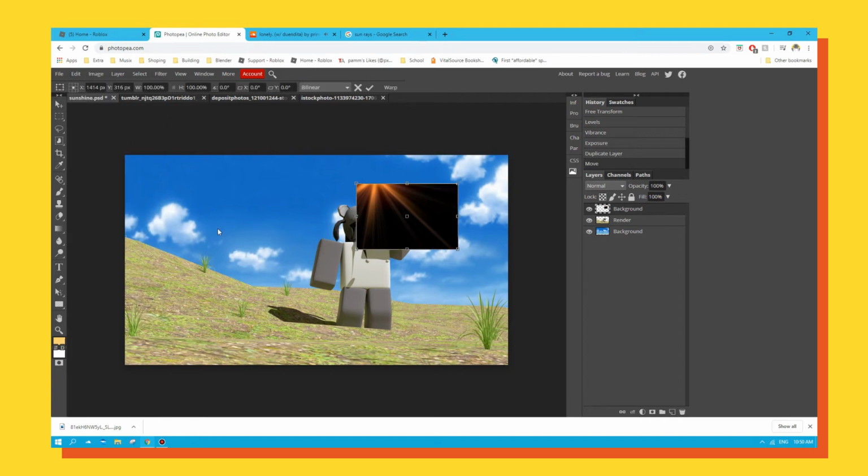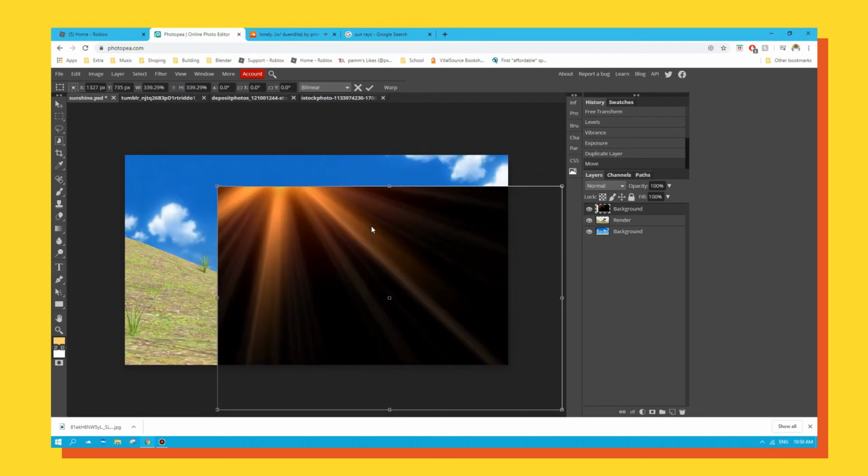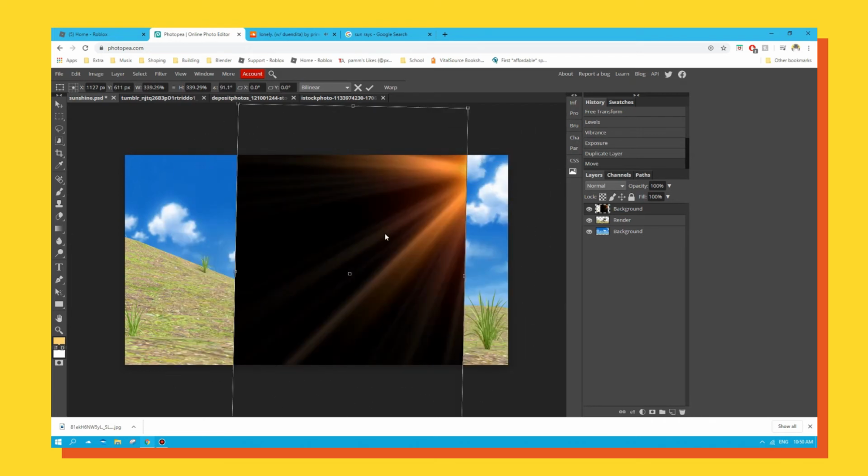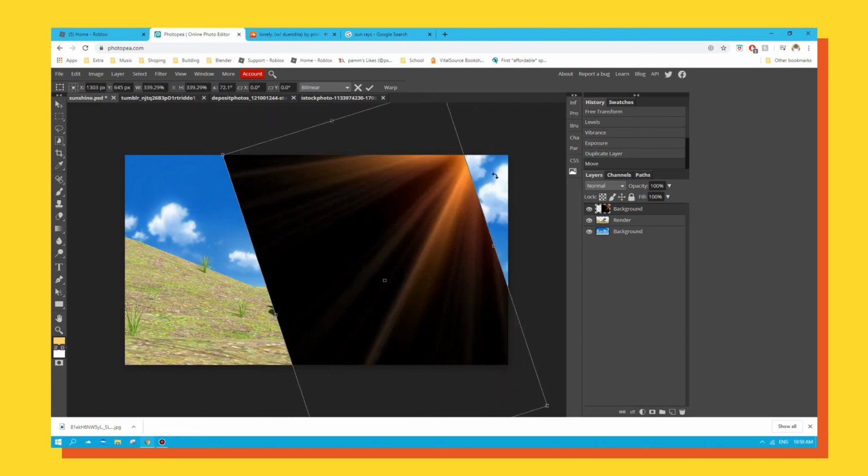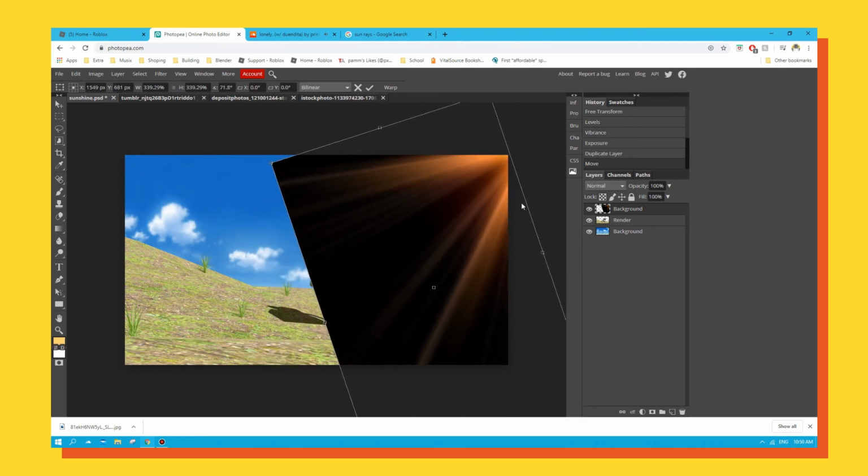So Edit, Free Transform, hold Shift to resize it, and I'm just going to rotate it so that it's at the corner, like this. I'm going to click the check mark, and I'm going to